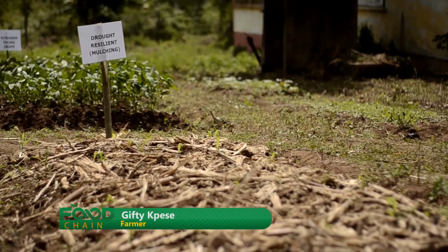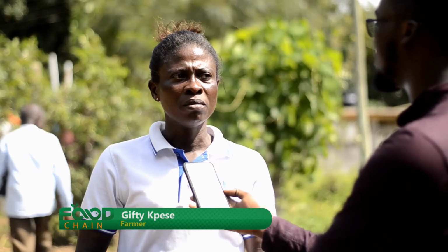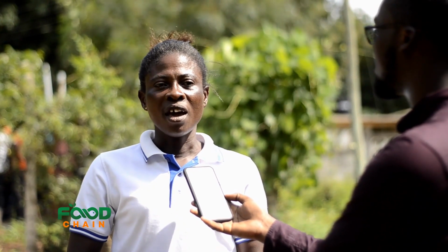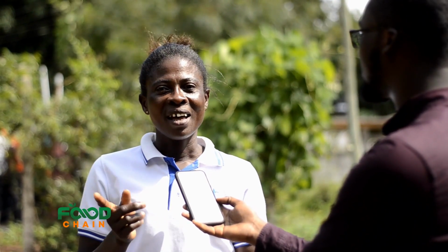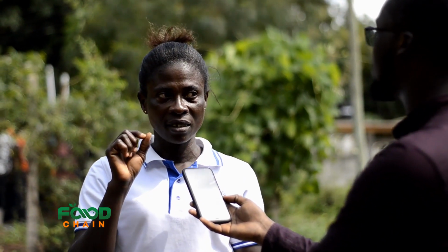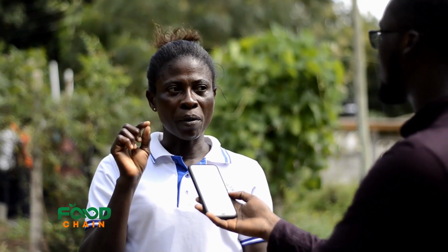Now I know it's not good for me to use chemical fertilizer on my farm because the climate changes will affect me. Second, for pesticide, I have to use neem tree, and the seed, to prevent my pests. The benefit is very huge because, one, you don't add chemicals to the food. You don't add chemicals to our food